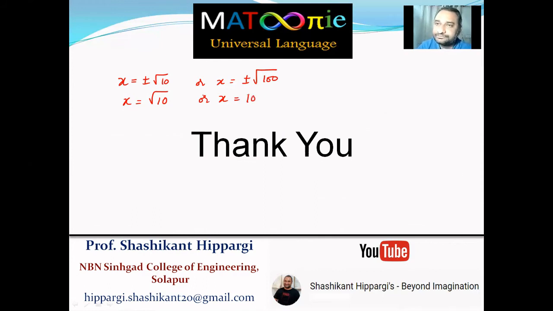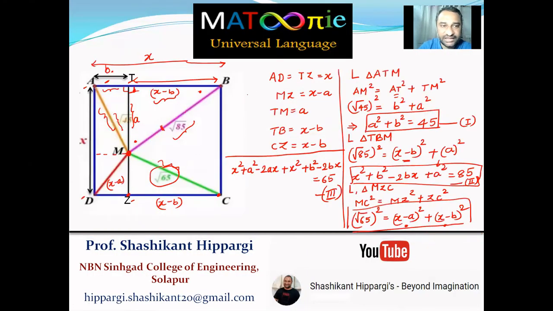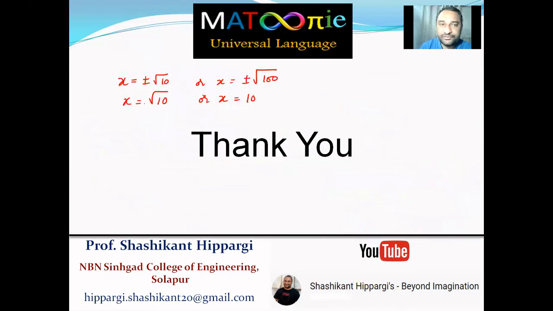What is root of 10? You know that 3 3s are 9. So if I try to write x itself as 3, then you can never get the values like root of 65, root of 85, because these are very huge values. These are all big values, so you cannot have that. So x equal to root of 10, if you put and solve it, you will never get the solution. So the only solution is that x is equal to 10.